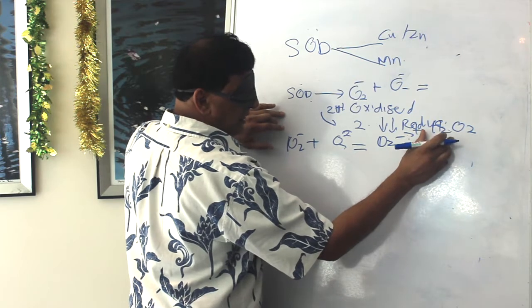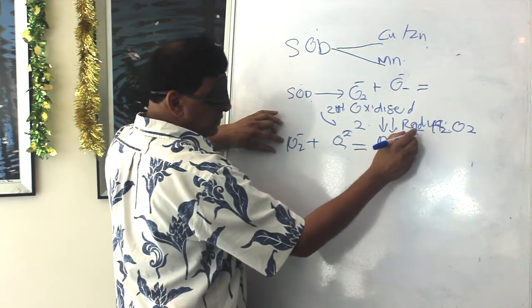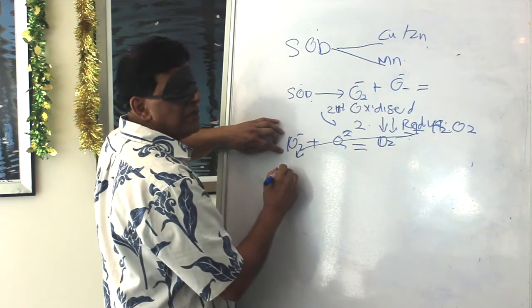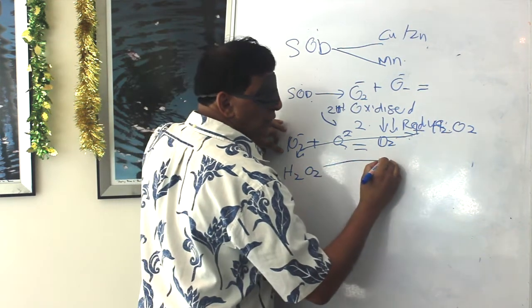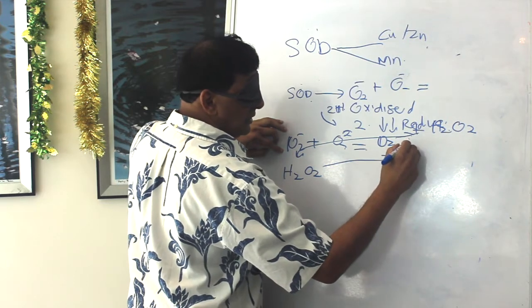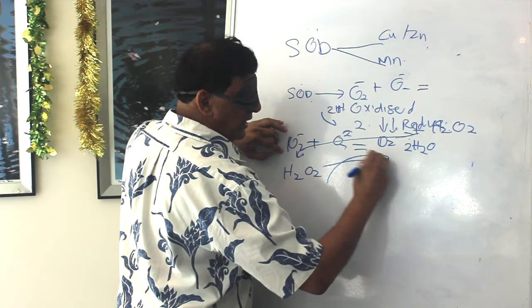Hydrogen peroxide is a very highly radical component, so it has to be eliminated by the body. The way it eliminates is that H2O2 will be converted to two components of water, and it requires